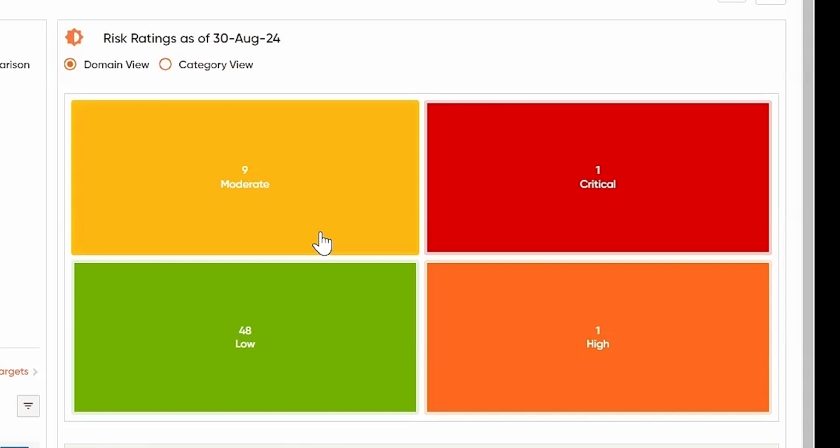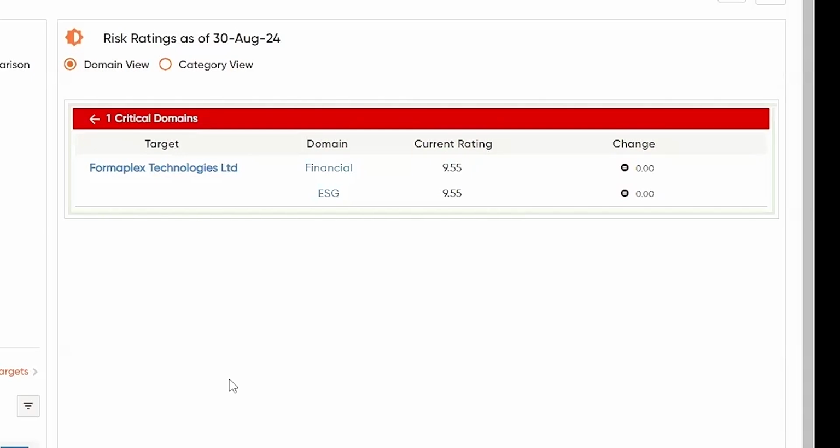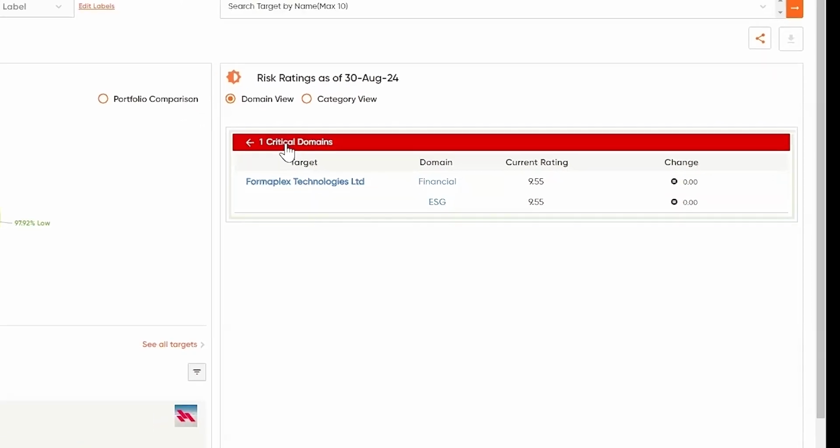So scoring at the level individually of financial risk, cyber risk, operations, ESG, compliance risk, and so on. So when I see one critical right here, that's telling me that one of my third parties currently has one or more risk domains which are rated critical risk. I can click into the box here and see that it's this third party which has critical scores in these two domains. And as soon as I take note of this, if I want further detail on it, what I can do is click into the name of the entity I'm monitoring, whether it's a city, country, or third party. And that'll bring me to the profile level view for that entity where I can see all of the metrics, all of the alerting that is informing these current scores.